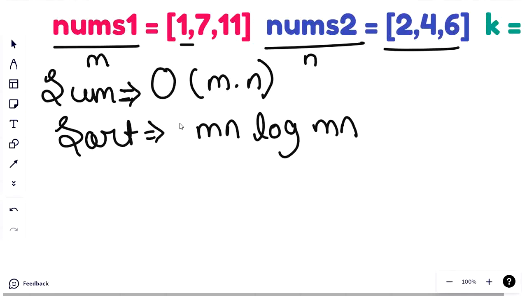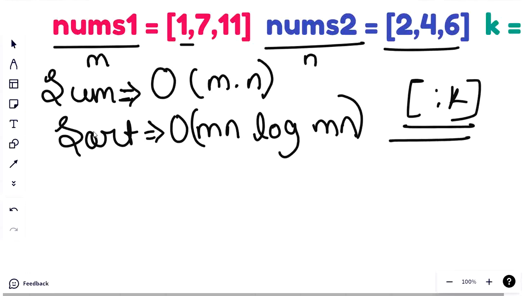And after that, from that sorted list, we will return the top k elements, and that will be our result. So how much time will this whole algorithm take? This whole algorithm will take about mn log mn time,